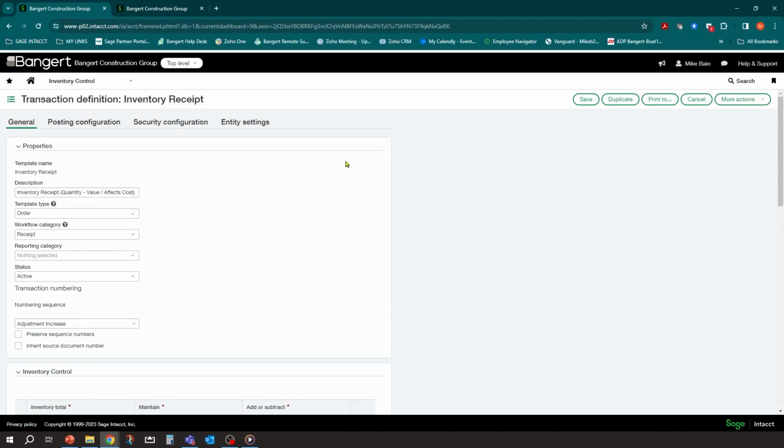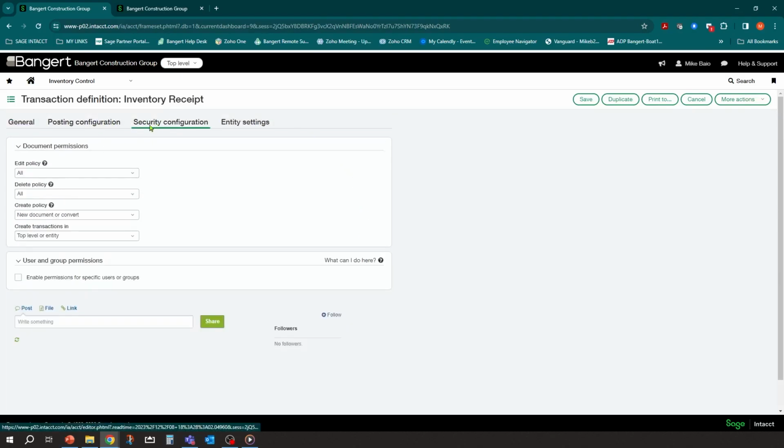While you're doing that, you may not want to allow editing and deleting once you go live, but for your testing purposes, make sure you turn those definitions on to edit, allow all, and you'll be able to delete those out after you're done testing them and get rid of the transactions. Okay? So you can go ahead and do that. And then when you're ready to go live, you can turn those policies back to restricted so that somebody can't just delete them if you don't want them to.